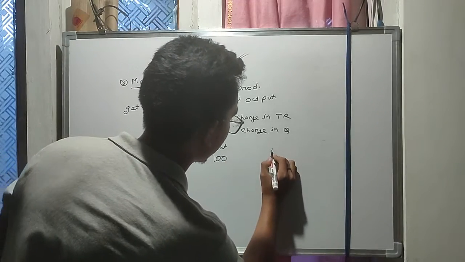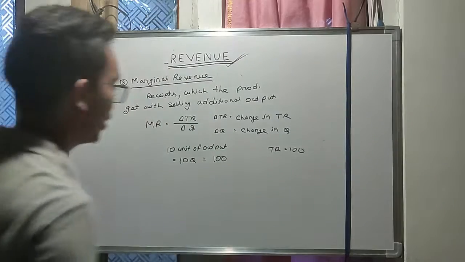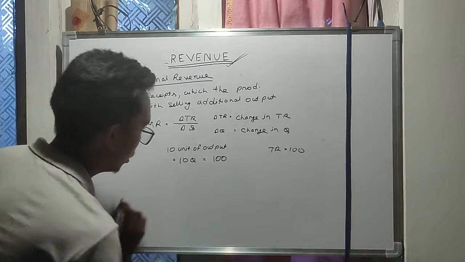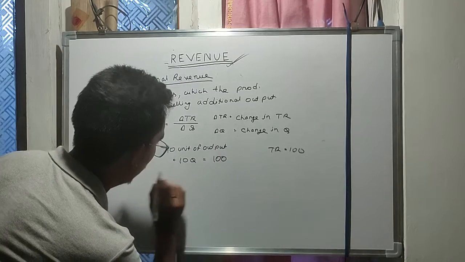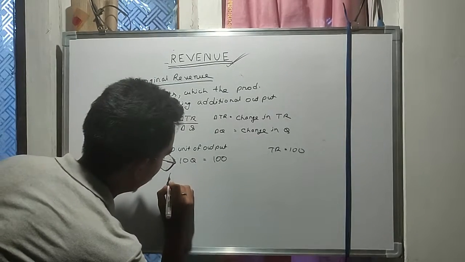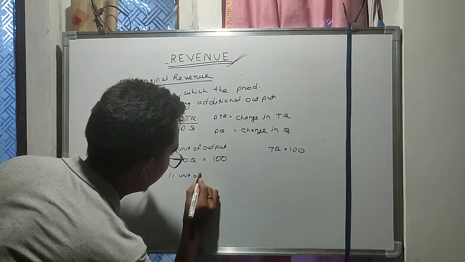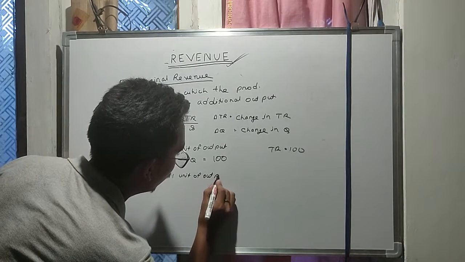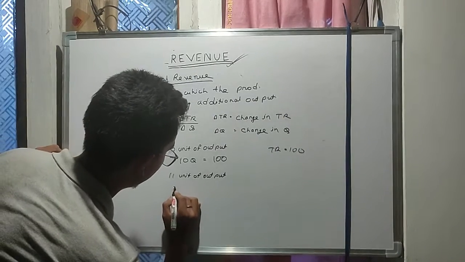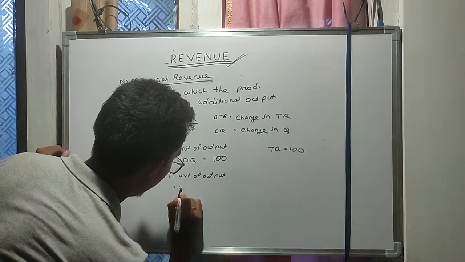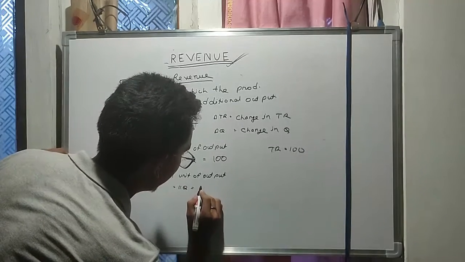This is TR equal to 100. After that output increases to 11 units of output, so it becomes 11 Q, and the total revenue increases to